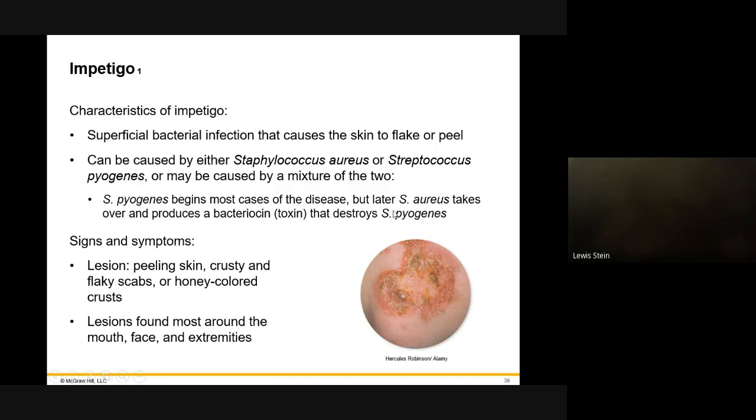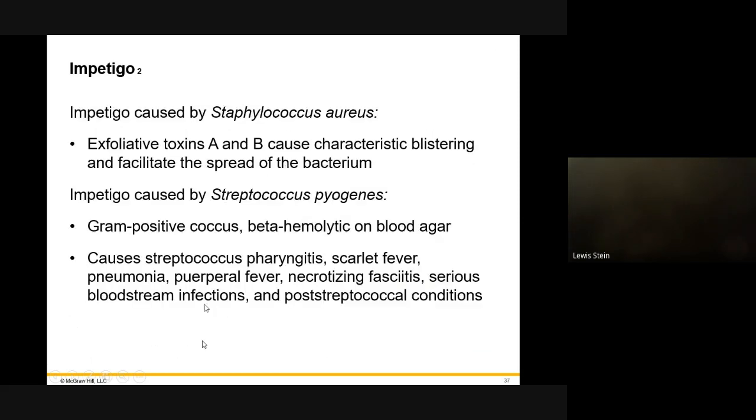Strep pyogenes begins, later Staph aureus, and its toxins destroy the strep pyogenes. Crusty, honey-colored, just golden yellow, typically around the mouth and the face, sometimes the extremities. Exfoliative toxins. Gram-positive beta hemolytic strep pyogenes, good old strep throat strep, with this variation. Same one that causes pharyngitis, scarlet fever, puerperal sepsis, childbirth fever, necrotizing fasciitis, which we'll talk about in wounds,